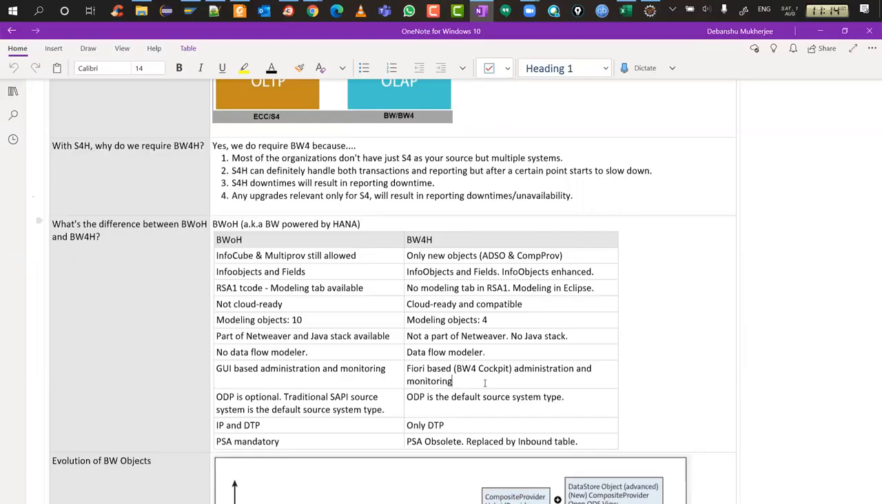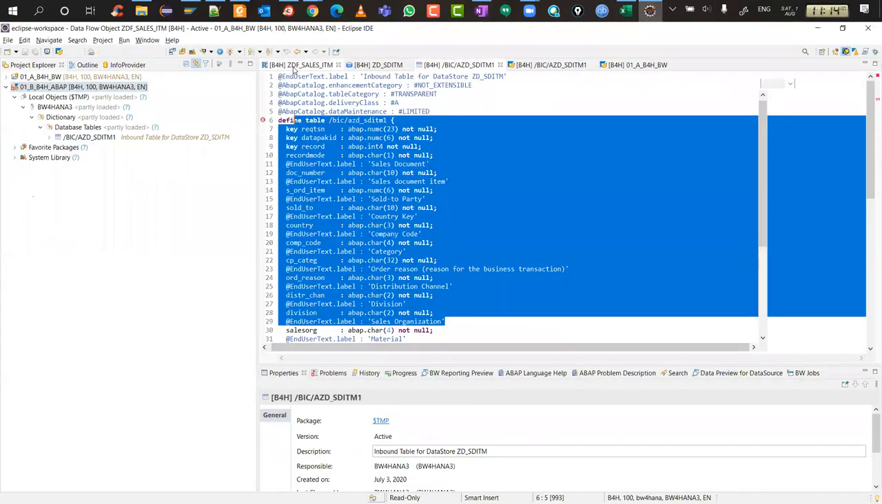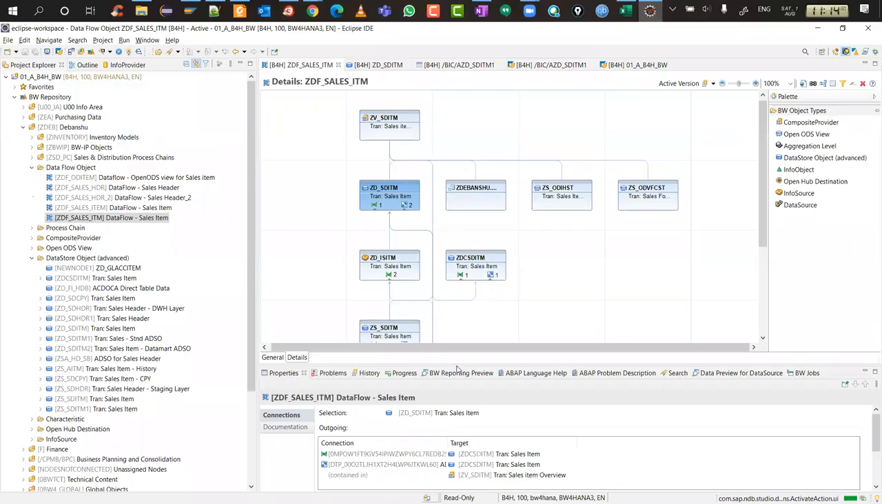You have to go through a lot of hassle to make sure they work properly. And then there is no data flow modeler. In BW4HANA, there is a data flow modeler which eases your development. So this data flow modeler, which I'm showing you here, is your one-stop shop to do the modeling very